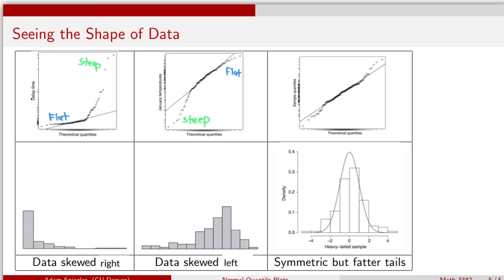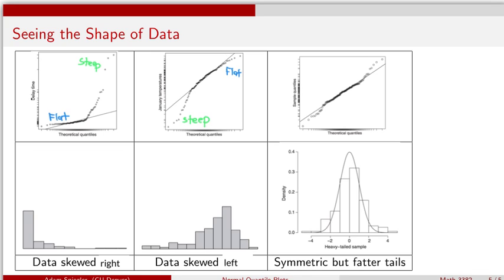So this distribution is symmetric. It looks the same on the left side as it does on the right side. If we had a normal distribution superimposed on it, the big difference is we're missing some stuff in the middle hump, and instead those values have been moved out into the tails of the graph. So we would say that these tails of the actual data are a little bit fatter than the tails of